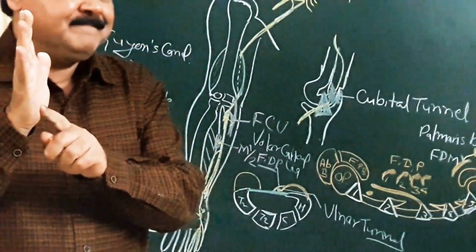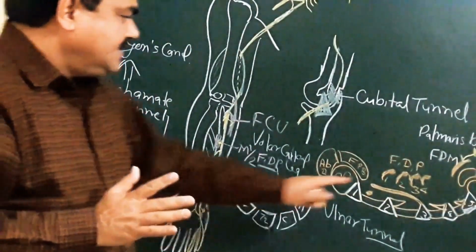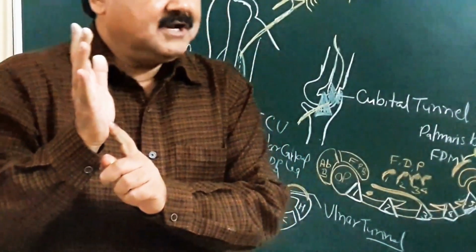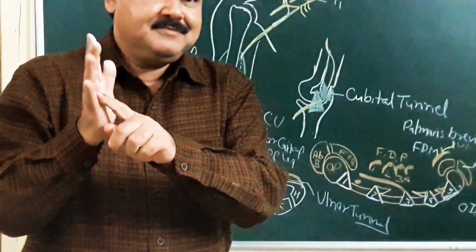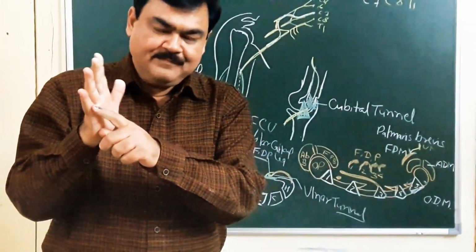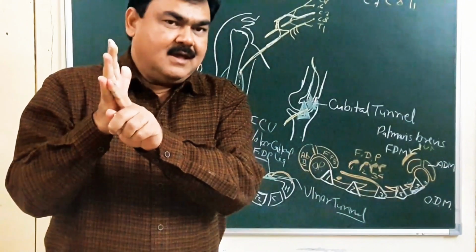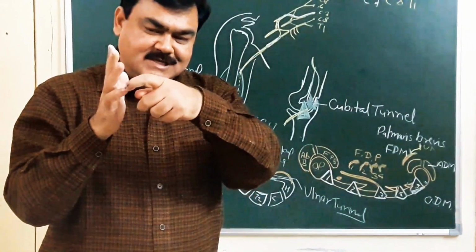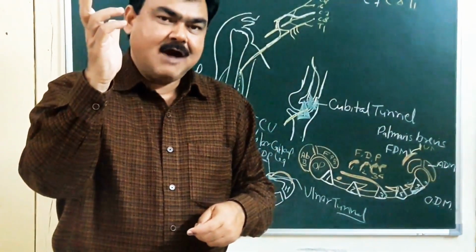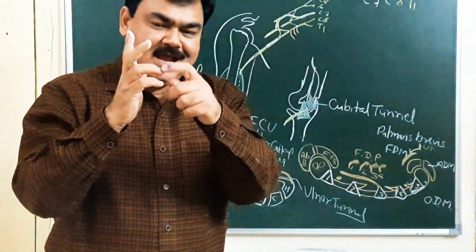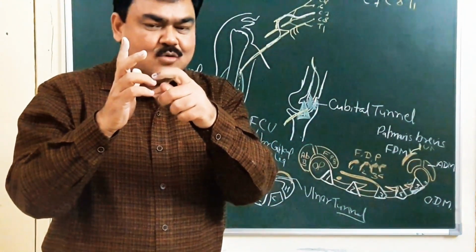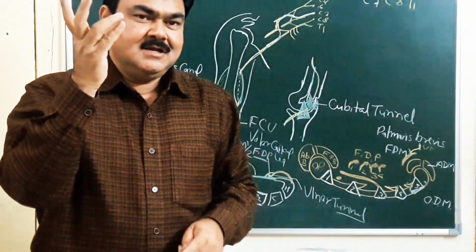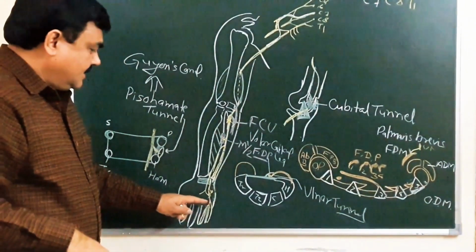The superficial branch gives supply to palmaris brevis muscle. This is palmaris brevis muscle, that is a subcutaneous muscle here. And after giving a branch to this palmaris brevis, it gives a palmar digital branch, which supplies the palmar surface of the medial 1.5 digits. And it also extends on the dorsal side of these 1.5 fingers, giving supply to the nail bed and skin over the distal phalanx of the medial 1.5 digits. So this is the palmar digital branch.